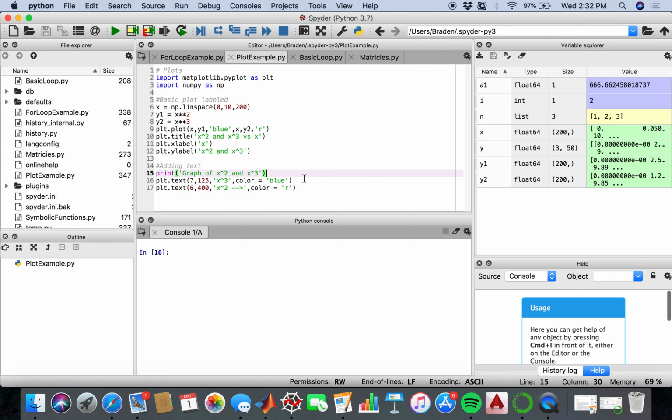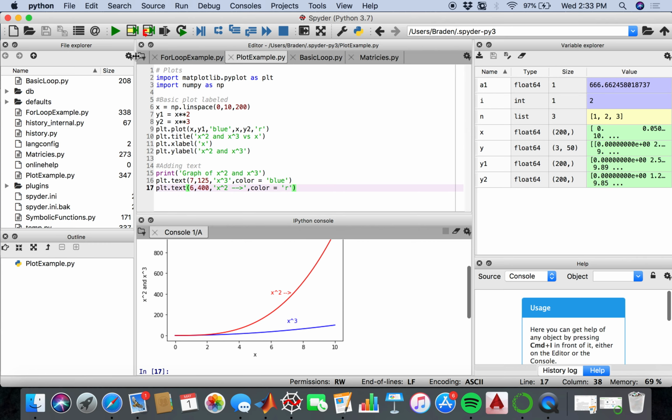You can do the same in Python. So where before in MATLAB we had display or disp, in Python we're just going to have print, and this is what's going to print down to the command window. And then adding stuff to the actual graph, you'll have plt.text. So same function, text, just add the plt. x values, y values, the actual text, and then say color equals blue, or this other text, the location, the text, and then there's no right arrow function, but you can just make a little right arrow, and then color equals red. So what that's going to look like is this,